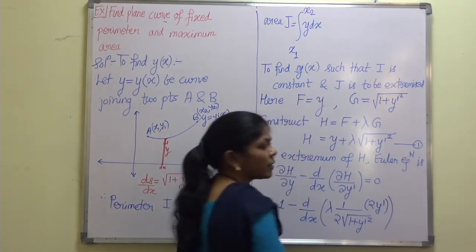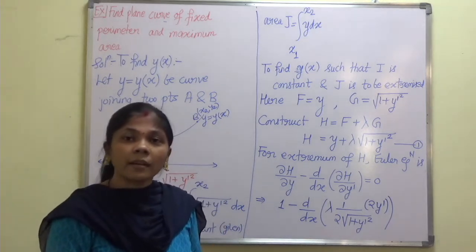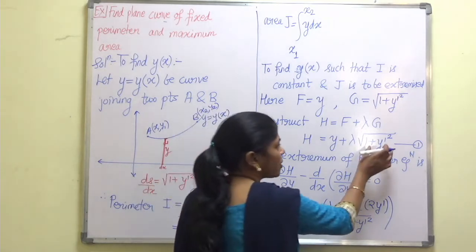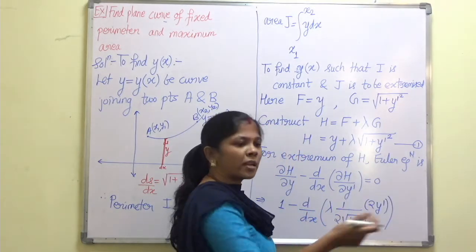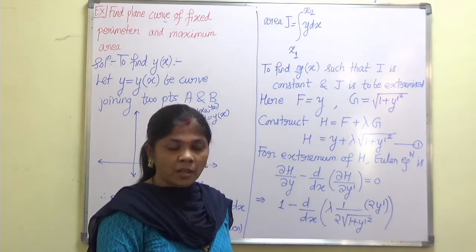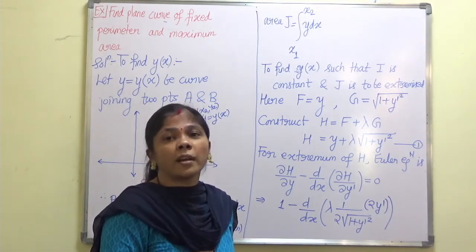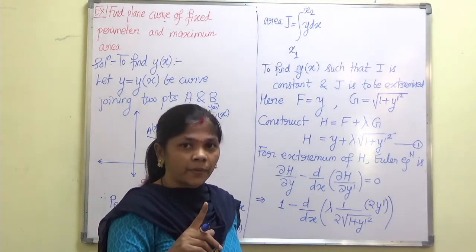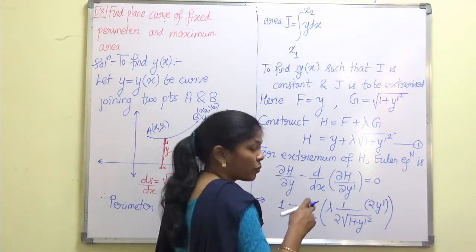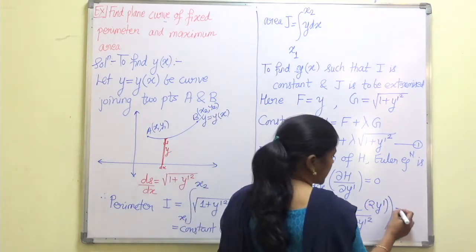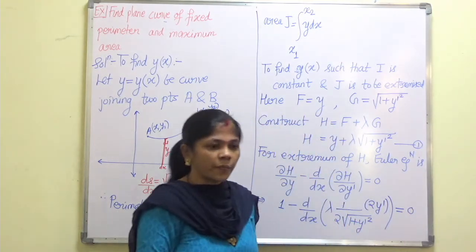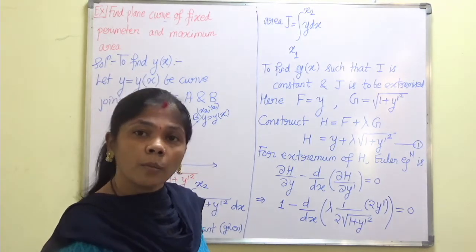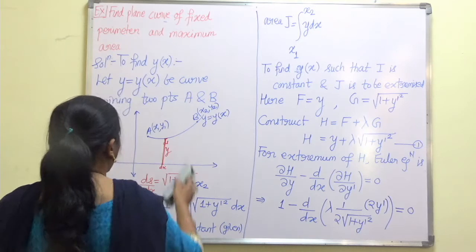Remember the derivatives we are evaluating right now are partial derivatives. So it won't be the case that the derivative of y dash square is 2y dash and then the derivative of y dash will be y double dash. That arises when we have an ordinary derivative. The derivative of y dash with respect to y dash will be 1, when it is a partial derivative, it won't be y double dash. Remember this. So that is equal to 0. Now our aim is to simplify this in order to get y of x. So let us see how to obtain that.